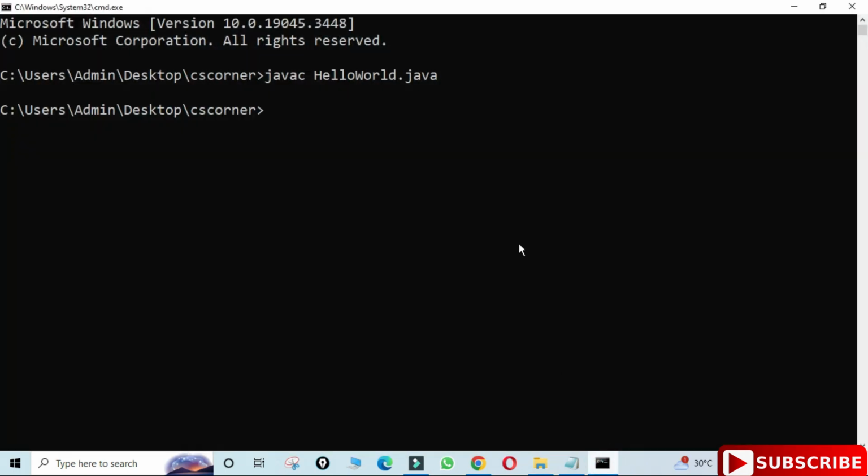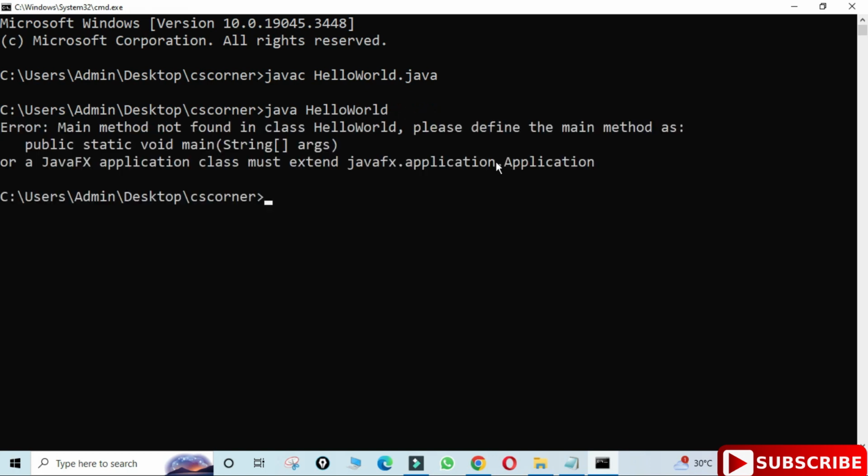Now let's run the program. If you have run any program using any of the previous JDK, then for running a program we use java and the program name, right? But in the latest JDK, if you try to run in this way, it shows me the message that static main method is not found, because it is trying to access the main method by using public static void main, and in my program I have only void main method.